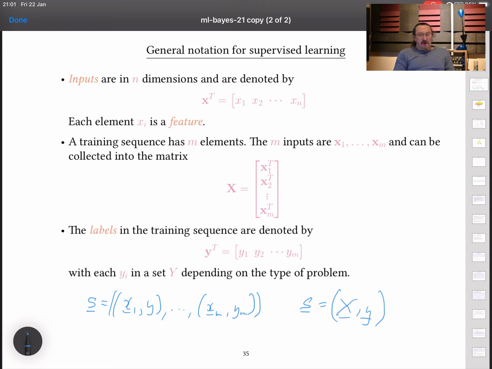Okay. Now, there is a reason for this. We're about to start looking at some learning algorithms within basically the linear case. And it turns out that with some linear algebra, this allows us to express those training algorithms much more succinctly than if we'd used this approach. Okay.